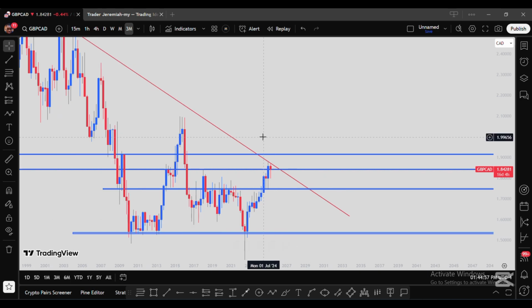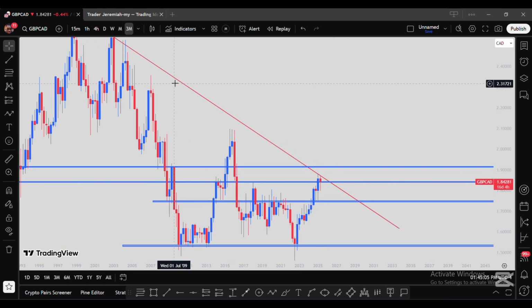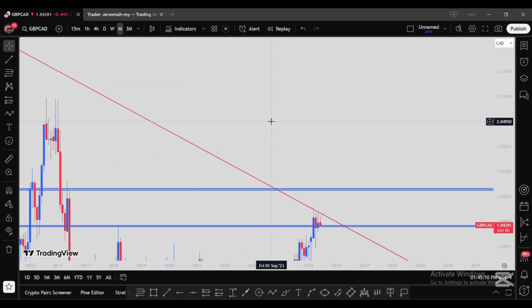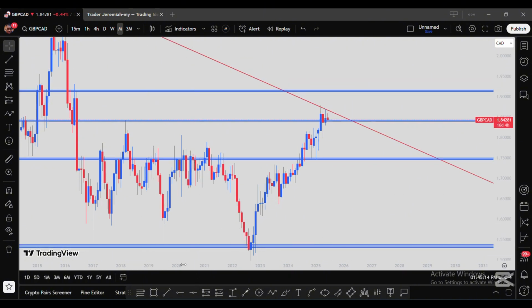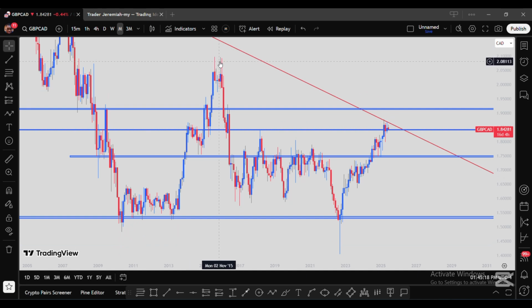So price was already at this trend line level, so price was getting rejected from here. Now looking at this 3-month trend, and also if we go to the monthly, the monthly was also moving to the downside. So the market was moving to the downside. Based on this market structure, we can consider this a lower high, and all this more was a lower low,